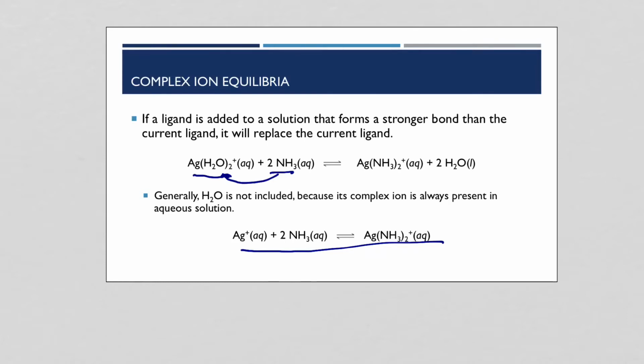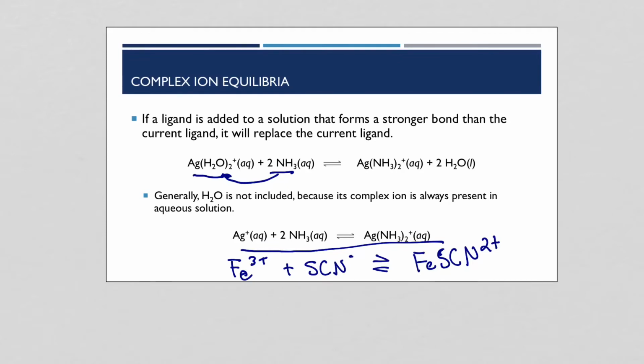So this is kind of how we saw it when we had the iron thiocyanate ion, where we had iron 3 plus, the SCN minus 1 ion, in equilibrium with the FeSCN 2 plus